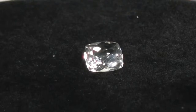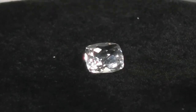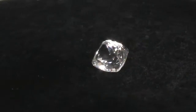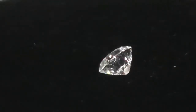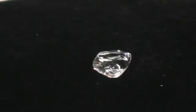Now, this is a 10.2 by 8.4 millimeter rectangular cushion, and it's just under 3.5 carats. It's 3.45 carats. The great thing about feldspars is they come in a lot of different colors. They have a lot of different inclusions inside of them. They can give a lot of optical properties. Now this one, orthoclase, it basically means straight fracture, because it has two cleavage planes